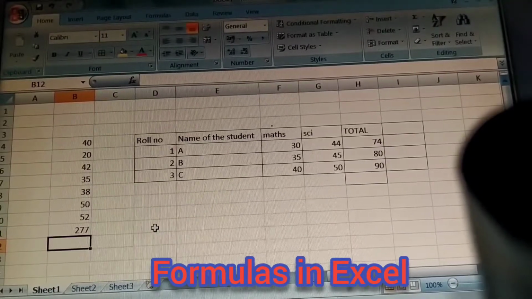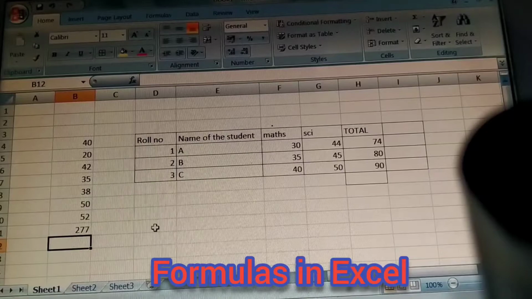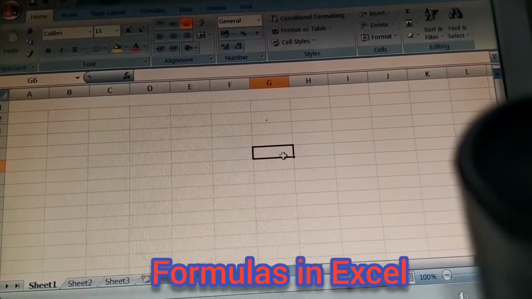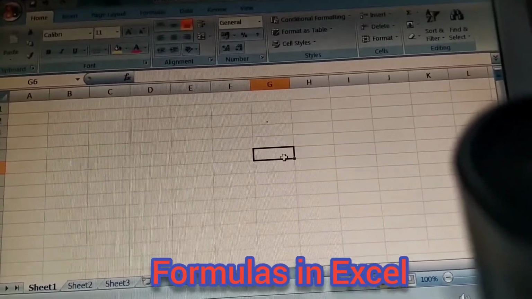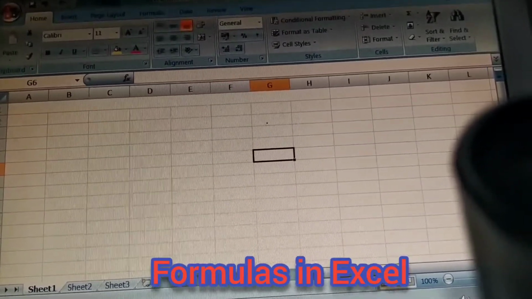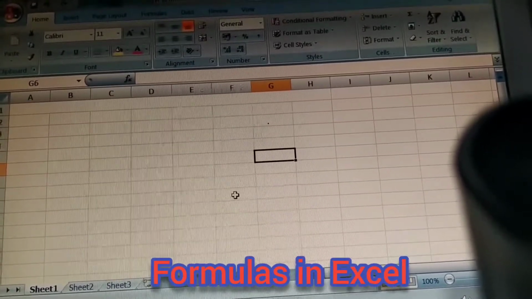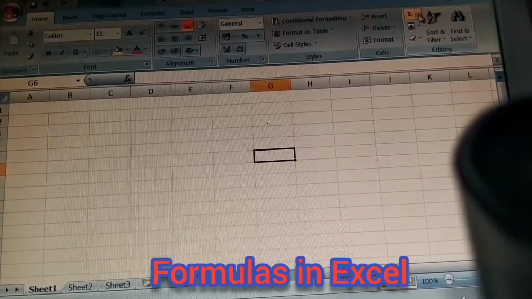So see, in the B11 cell the total is mentioned. So this way also we can use the SUM function. Similarly average, count, max, min, square root, today, so many types of functions are available. So through that function means formula only.